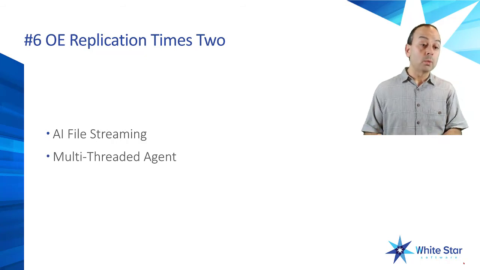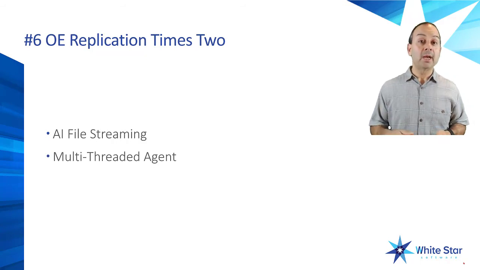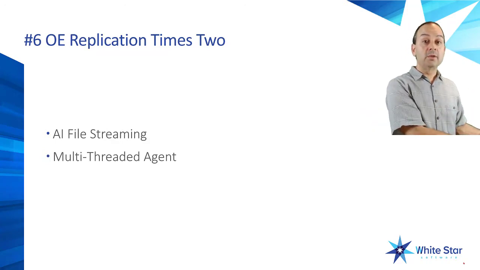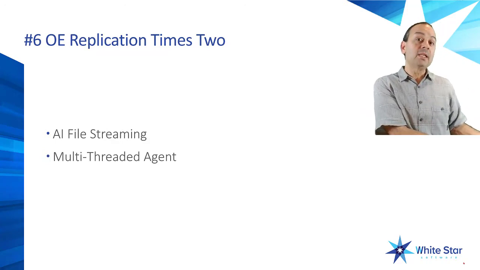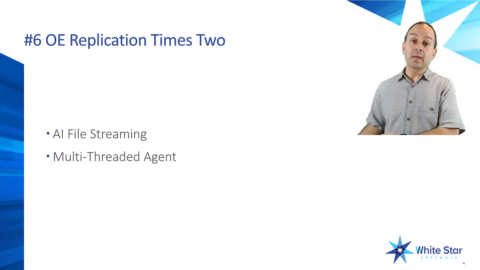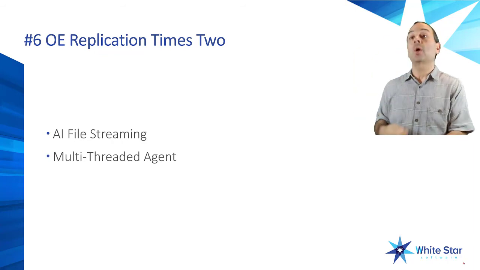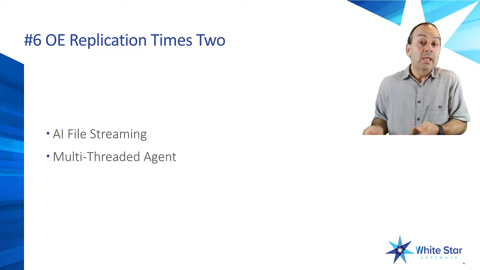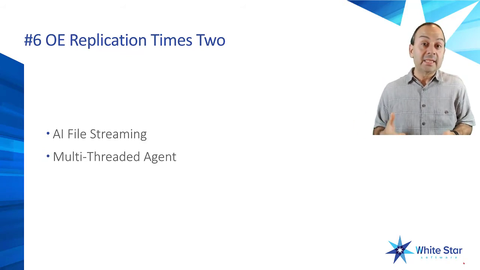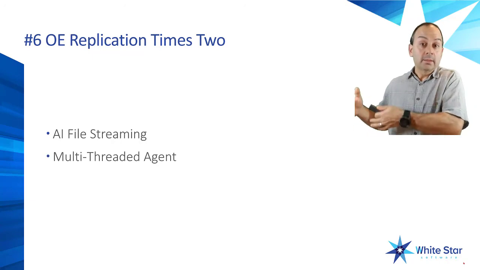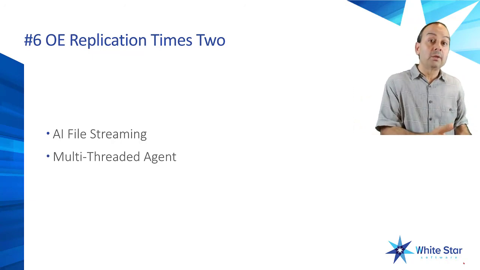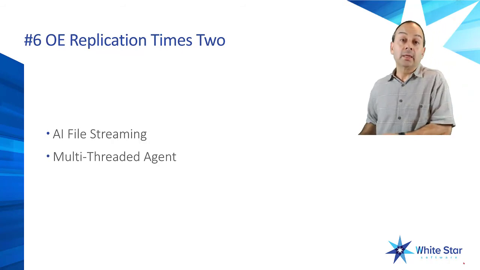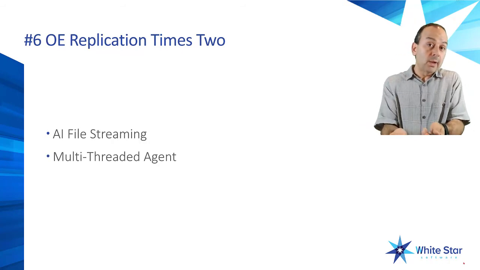And to go along with that, we now have a multi-threaded agent. That's always been a complaint of mine. On the source side, you've got 1,000 users making updates to the database, and on the target side, there's one lonely agent trying to write all of those changes to the database, right? During really busy times, or on a very busy system that's doing a lot of writes, the target side ends up falling behind the source, until finally the source slows down and the target can catch up. So now with the multi-threaded agent,